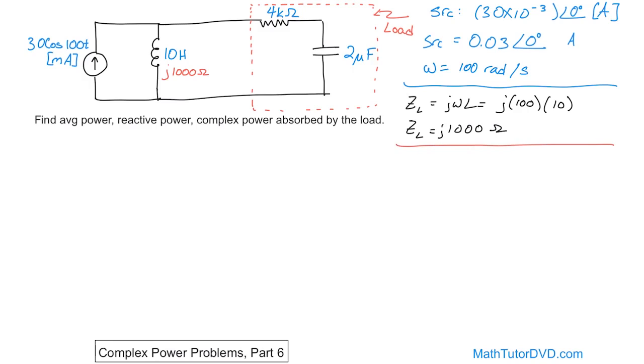Now let's calculate the impedance of the capacitor, Z sub C. What is the impedance of a capacitor? It's 1 over j omega C. That's how I remember it anyway; you might remember it slightly differently, there are a couple different ways to write it. Omega is 100 radians per second. The capacitance is 2 microfarads. When you do this calculation, write 2 times 10 to the minus 6, and bring your fraction bar over so you make sure you do everything correctly. When you put that in your calculator, 100 times 2 times 10 to the minus 6 times j, and then you take the inverse of